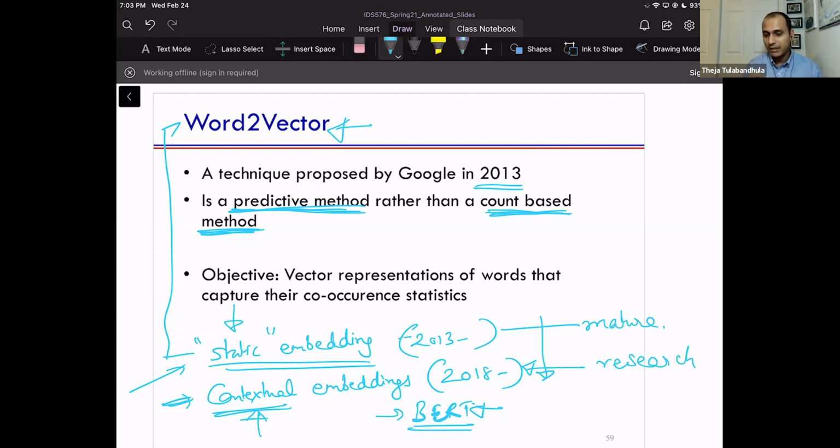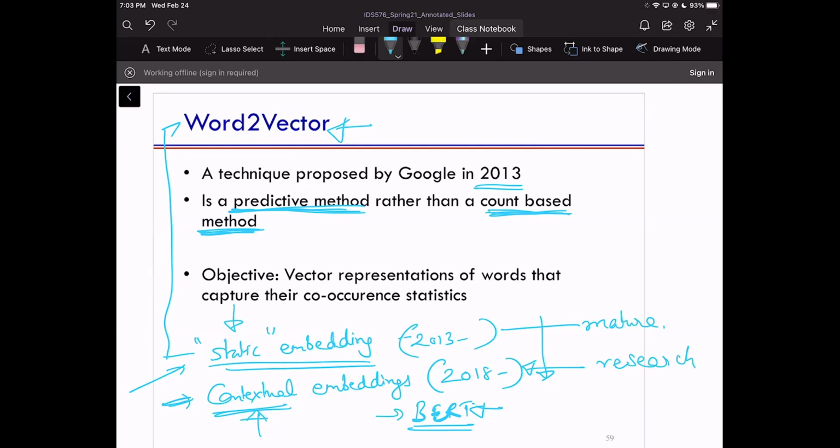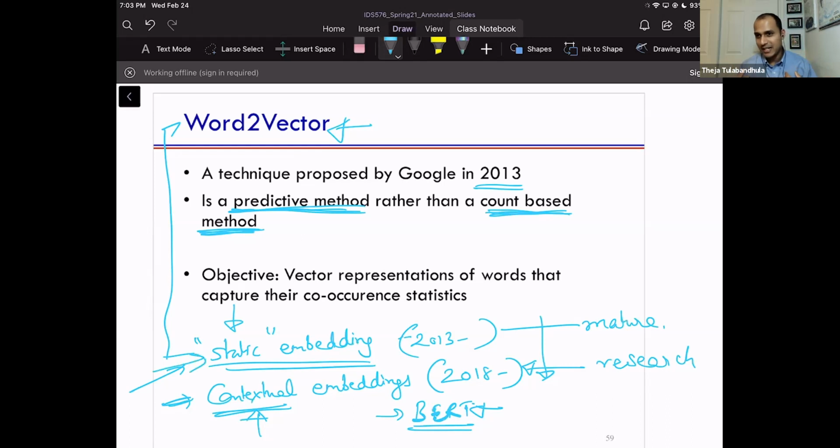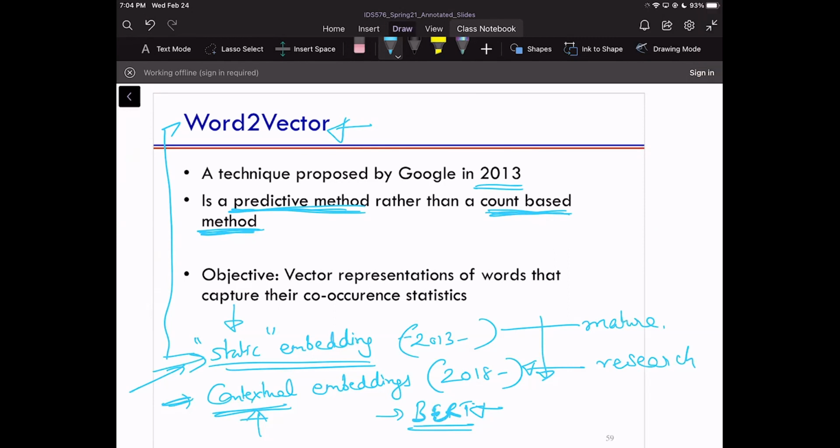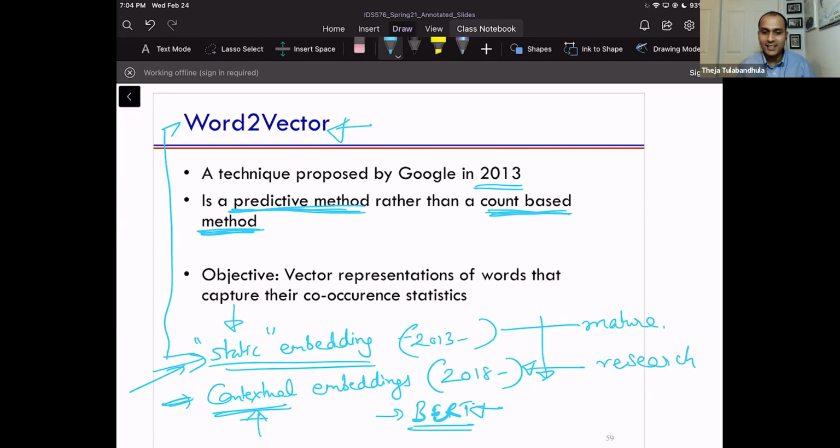If you think of them as a black box, in fact, there are companies which have services, literally an API service where you send a word and they'll give you the vector back. In the first case, you just send the word and you get back a vector. The second time you send the word, you get the same vector back. But in contextual embeddings, you have to send the context as well. For example, you send the whole sentence and you get the embeddings for every word in that sentence. Next time, if it's the same word in a second sentence, but the other words are different, then the embedding will be different. There are companies which literally help you do that. If you're using such companies, then it doesn't matter for you. You just get embeddings and move forward.